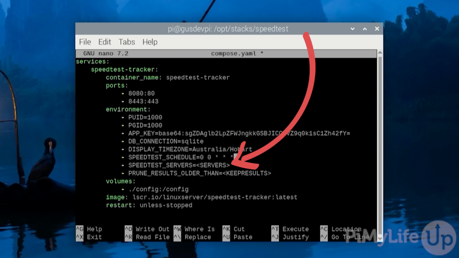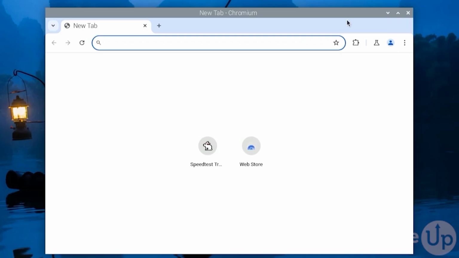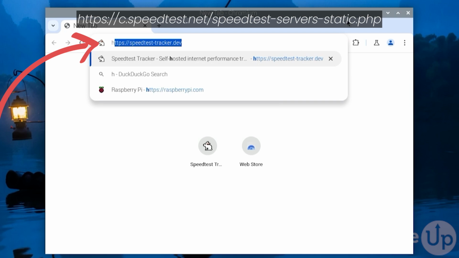Replace servers with the ID of a server or servers that you want to perform the speed tests against. Testing against one or two places will give you more consistent results, rather than polling servers at random. You can get a list of nearby servers by going to your favorite web browser and entering